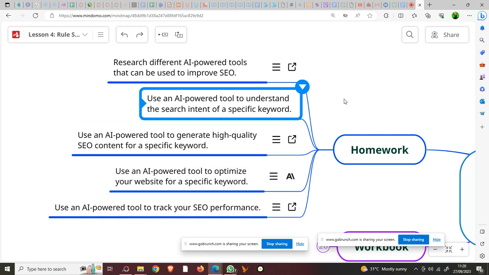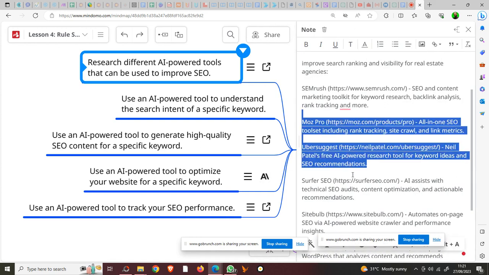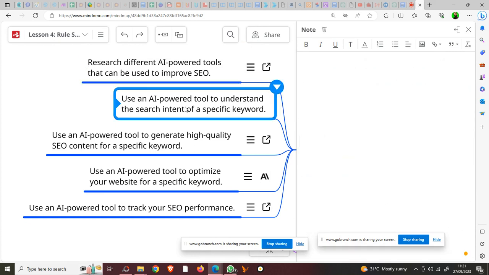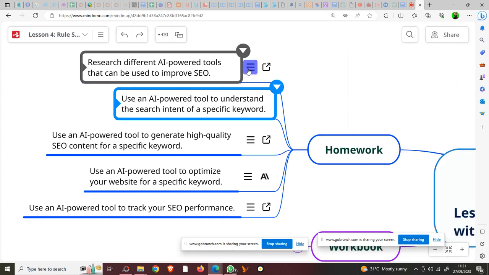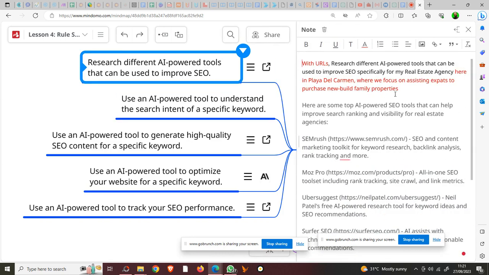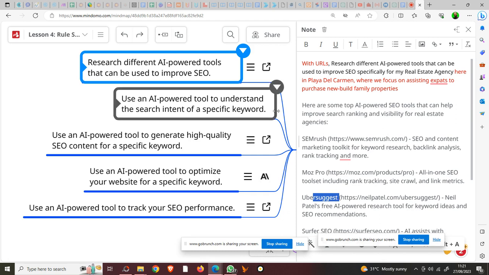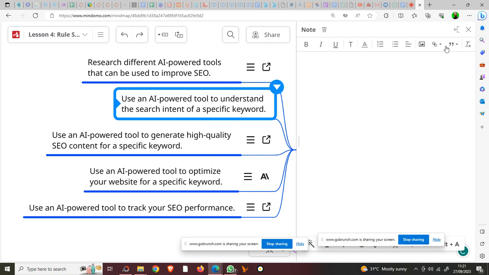Okay, so use AI-powered tool to understand the search intent of the specific keyword. So you're going to use one of these, and then see that you understand the specific intent, okay, of various keywords. So you might, for example, look at new build family properties in Ubersuggest, just put that into Ubersuggest, see what comes up, and see if you can understand what people are looking